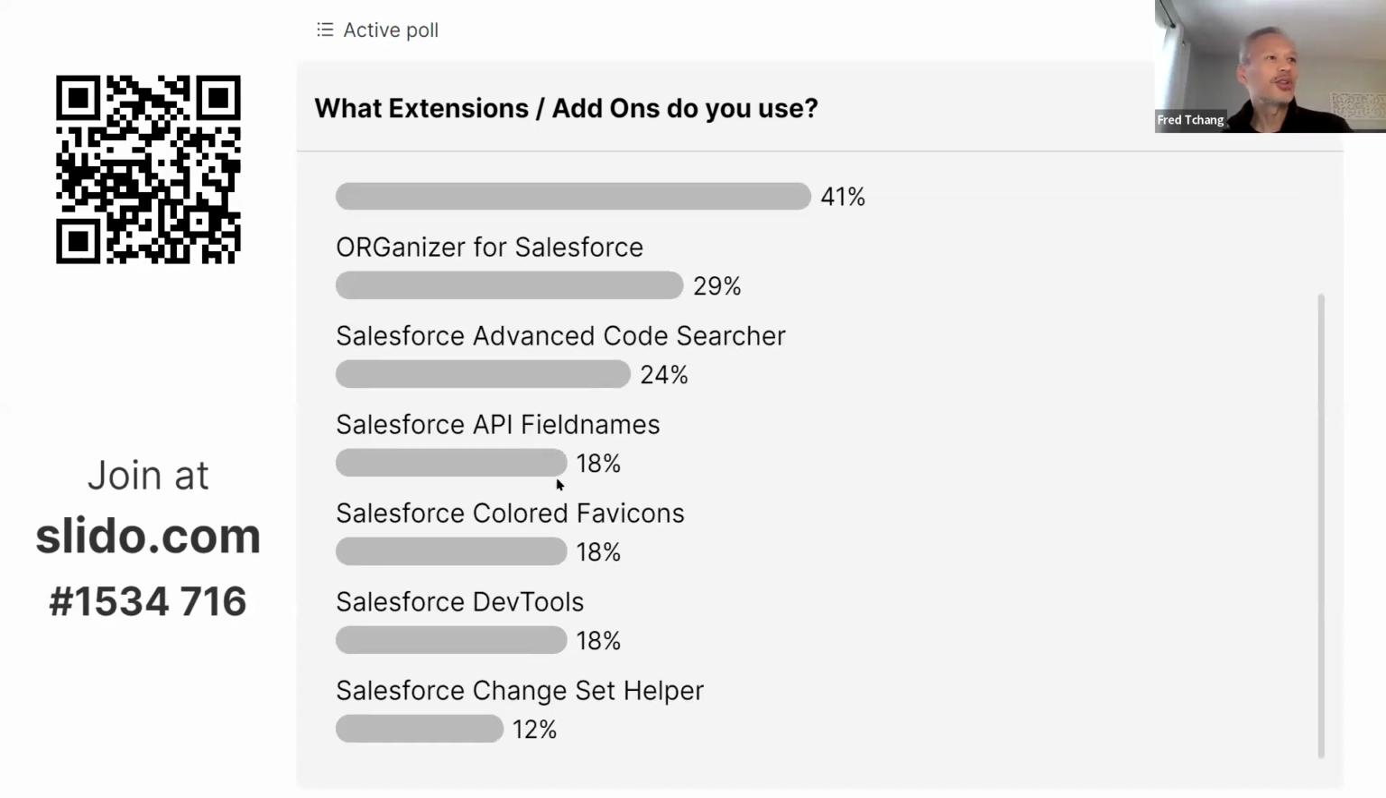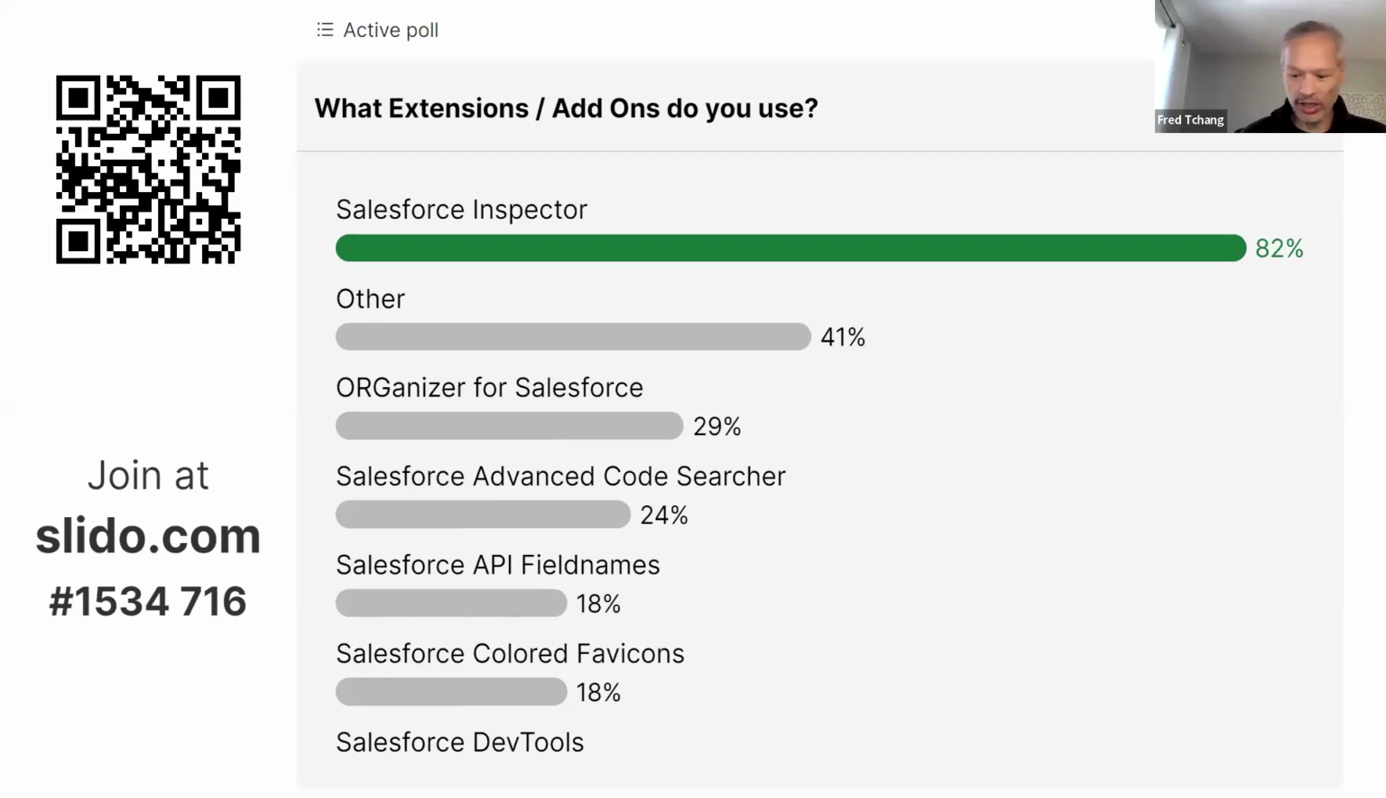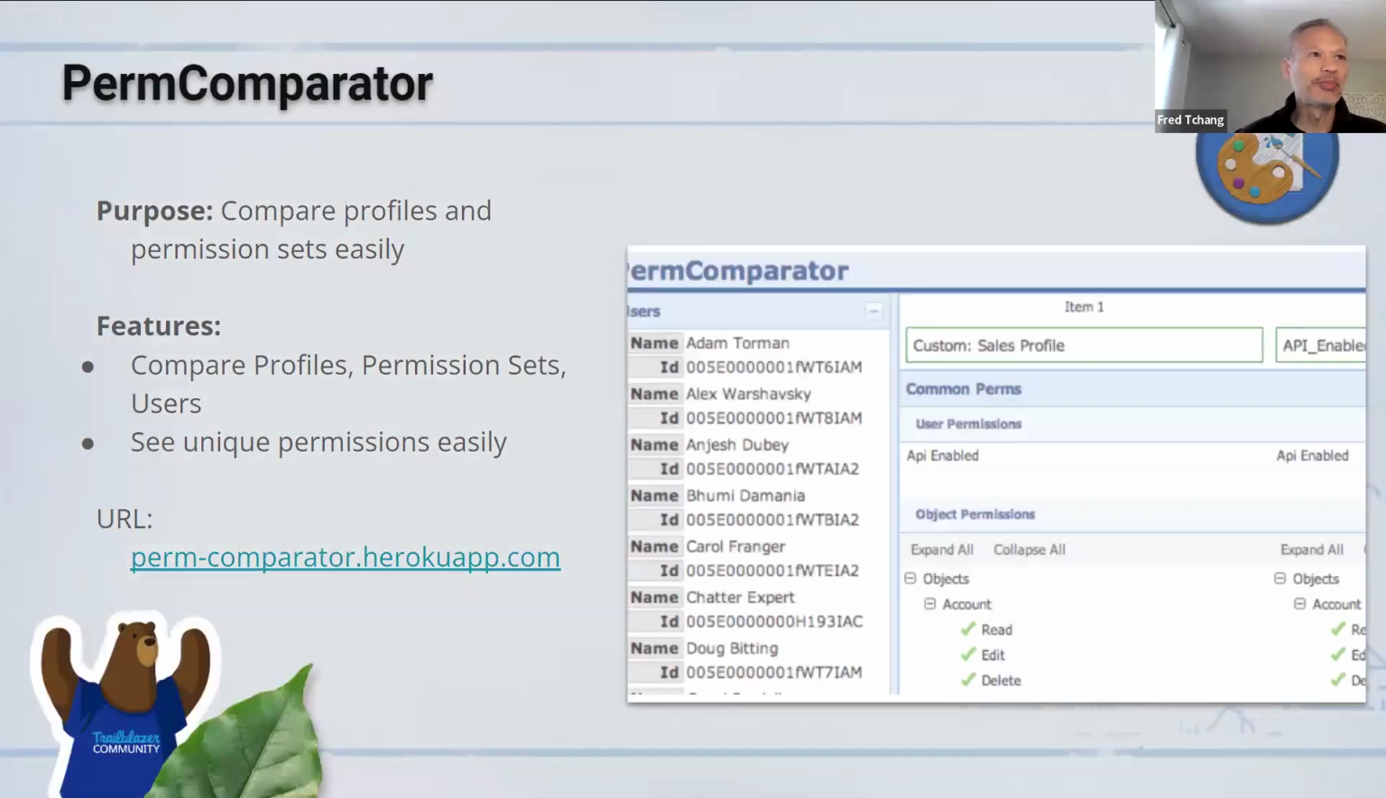All right, so let me do a little walkthrough of some of these so we can get a sense of what other tools might be available. The first one I have up is Perm Comparator, and you will not see this in a lot of lists. It is a Heroku app. It's not a Chrome app,